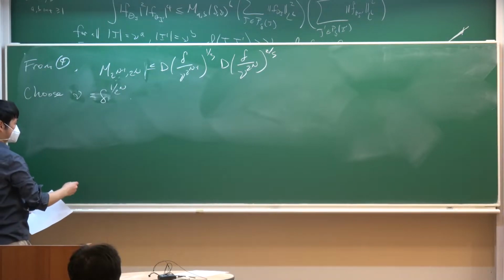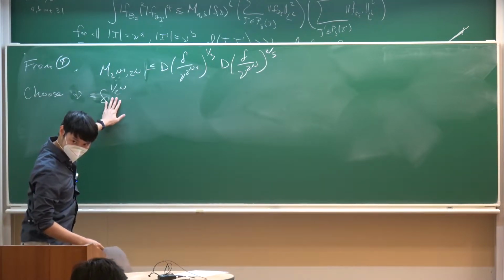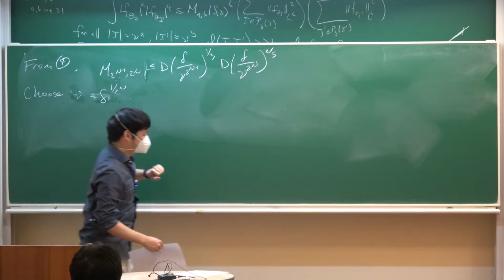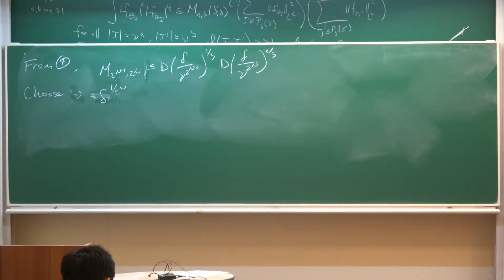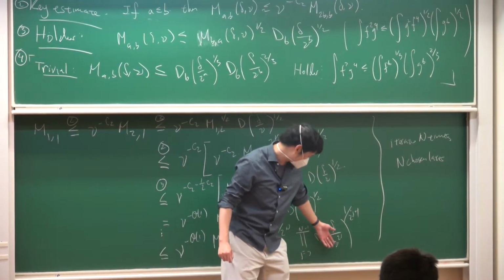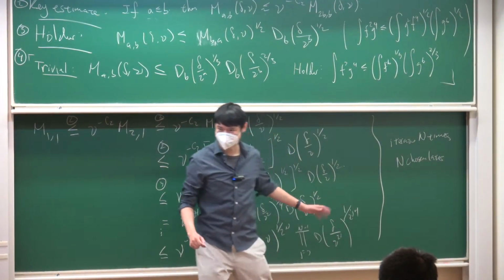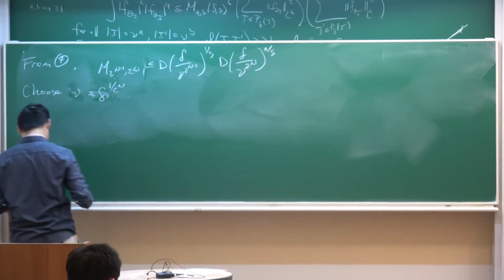Okay, so let me write down. Okay, so nu is now chosen to be this guy. Okay. And so let's just plug everything in. We now know what nu is. We know what an upper bound for this guy is. Okay, and let's just plug in nu and get some exponential stuff. Okay, so therefore, then,